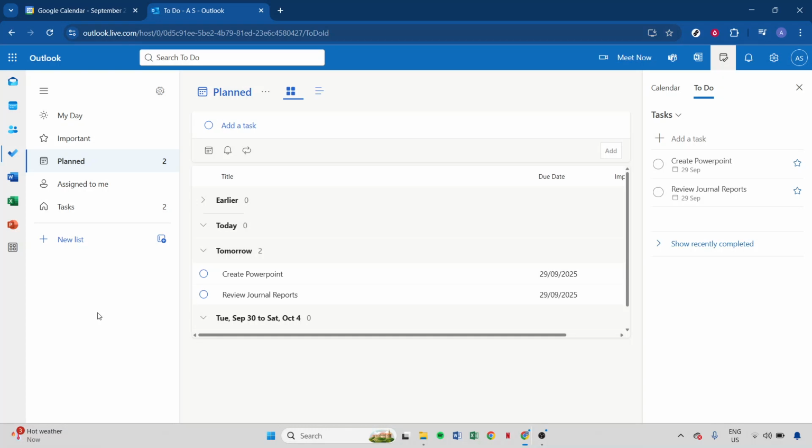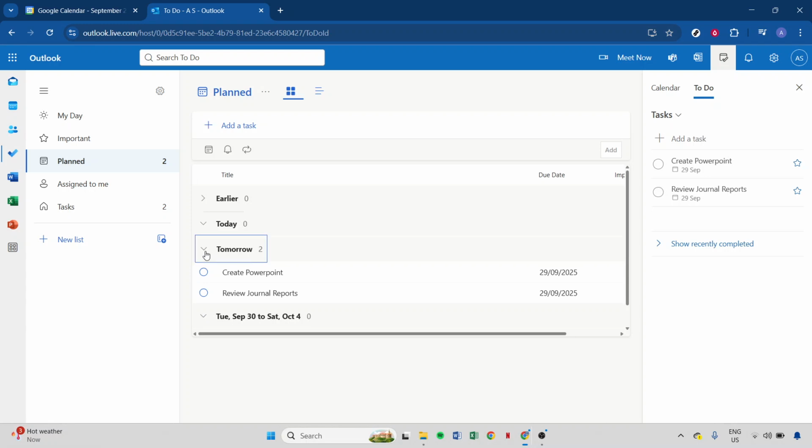In today's video, I'm going to teach you how to connect Microsoft To Do with Google Calendar. This guide will help you integrate these two powerful tools seamlessly, enhancing your productivity by keeping your tasks and schedule all in one place. By the end of this video, you'll have your Microsoft To Do tasks showing up in your Google Calendar. To begin, we'll utilize an integration with Outlook, as Microsoft To Do is closely linked with Outlook